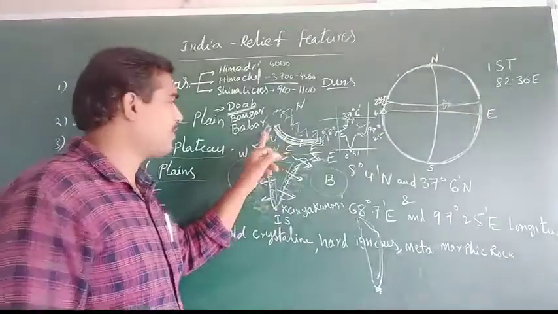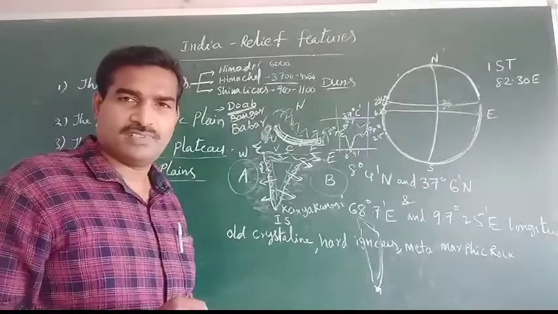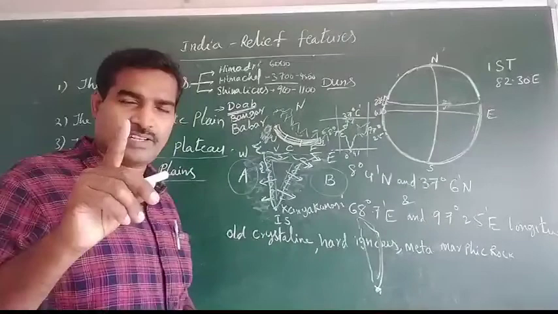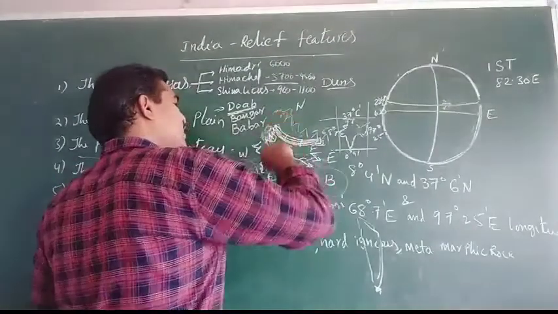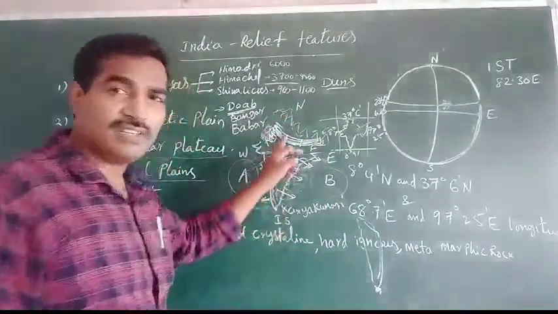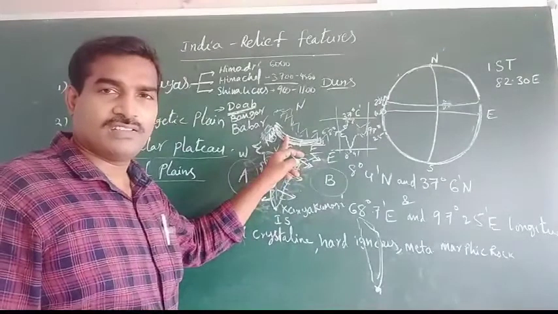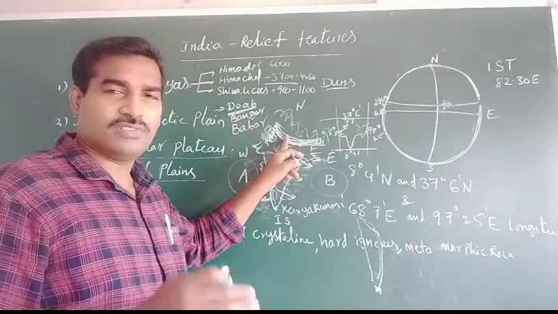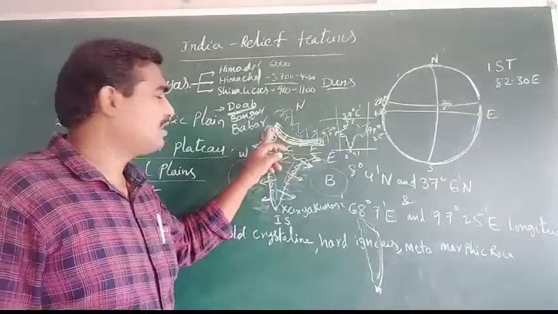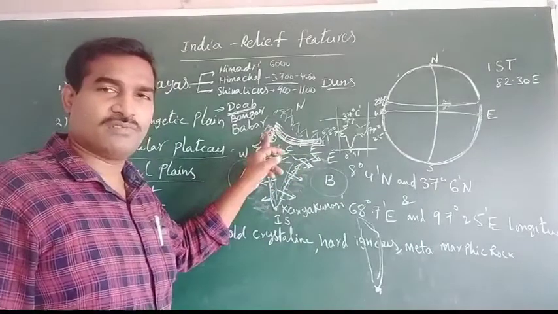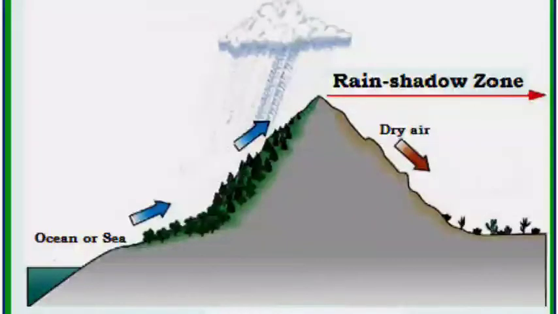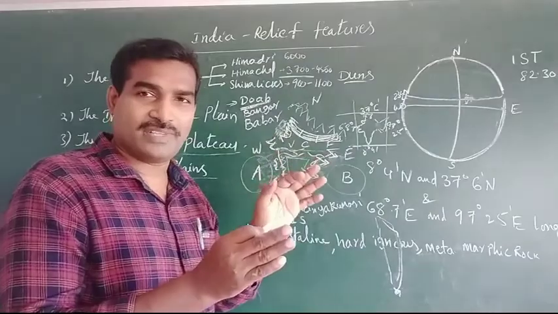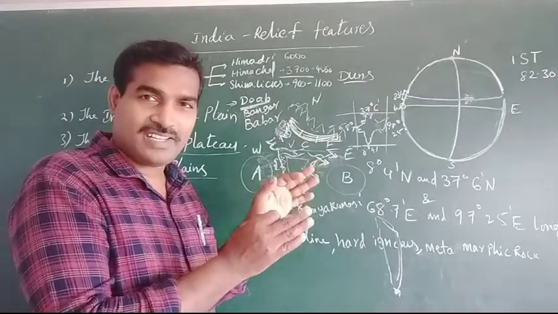mainly in the Rajasthan area. What is the main reason? Only one desert in India. What is the reason? Mainly here the Aravalli mountains are there. Due to these Aravalli mountains, the Indian desert was formed. The Thar desert is located on the leeward side of the Aravalli mountains. Leeward side means it is a rain shadow